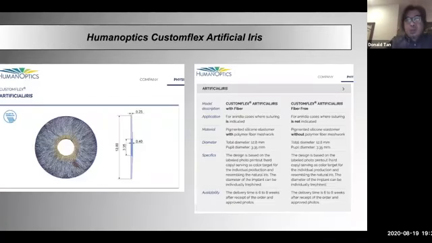The Human Optics artificial iris called CustomFlex is now available in many countries. It's FDA approved for the last 2 to 3 years, I think, in the US, and it's used mostly in complicated cataract surgery, where there is aniridia or a missing segment. This artificial iris is made out of silicone, comes with a whole iris shape like this. It's about 12.8 millimeters in diameter. So you can refine this to whatever size you want. And most surgeons, a lot of the time, to solve large iris defects, will cut this up into segments, right size, and just suture it in place.